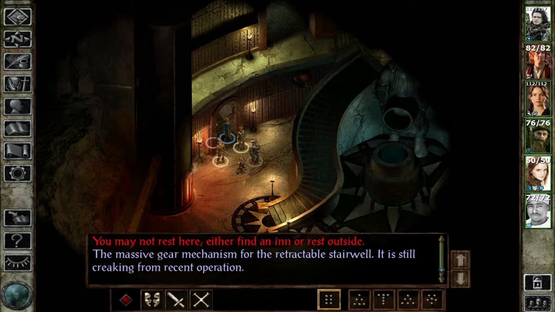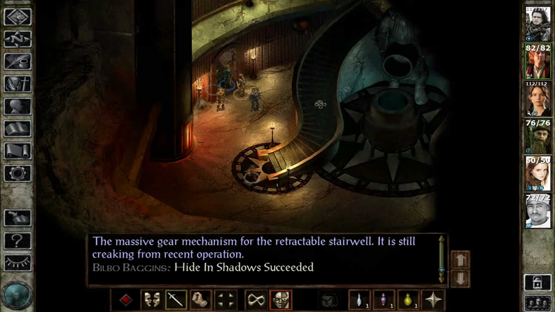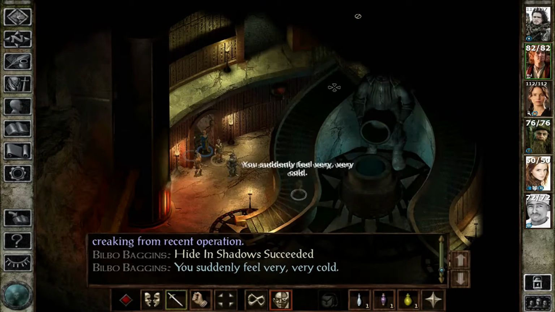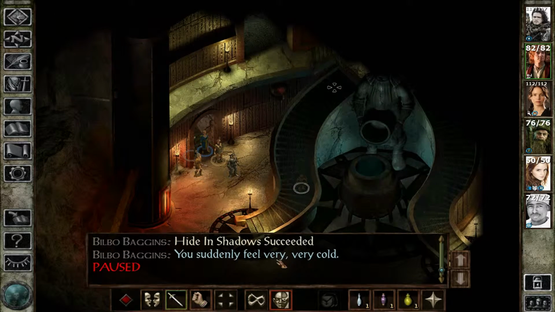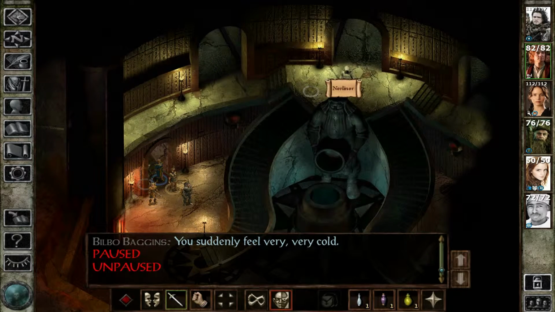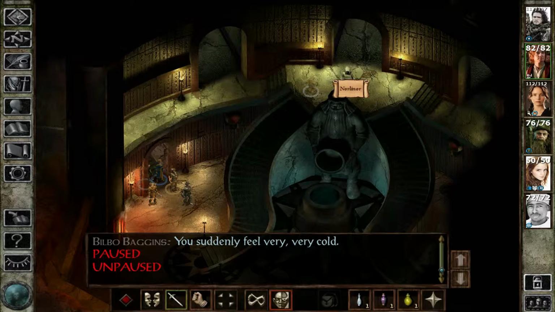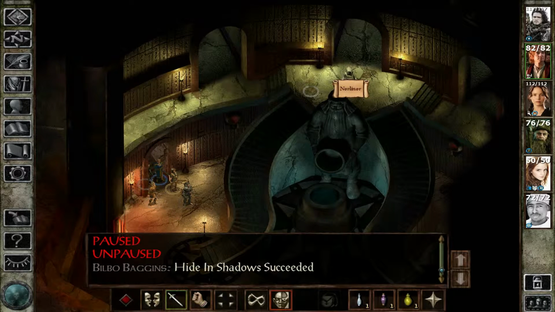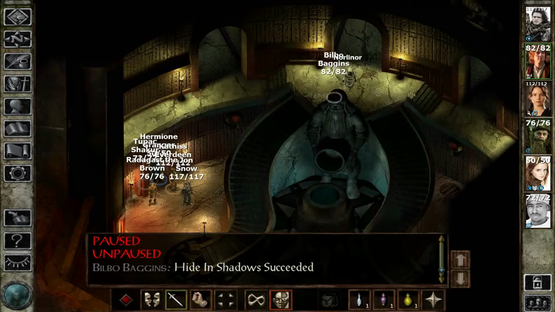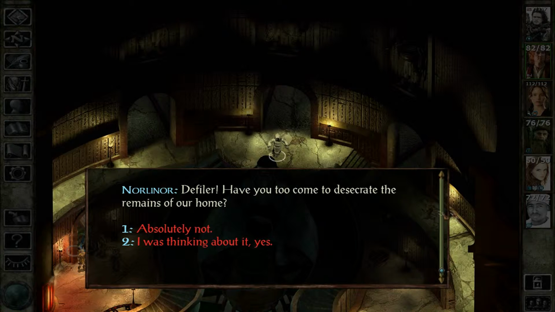Very interesting indeed. Let's have a look around here. There's a staircase. You suddenly feel very, very cold, says Bilbo. Oh, look at this. Norlinor. Okay. Oops. So we left shadows actually there, didn't we? And Norlinor